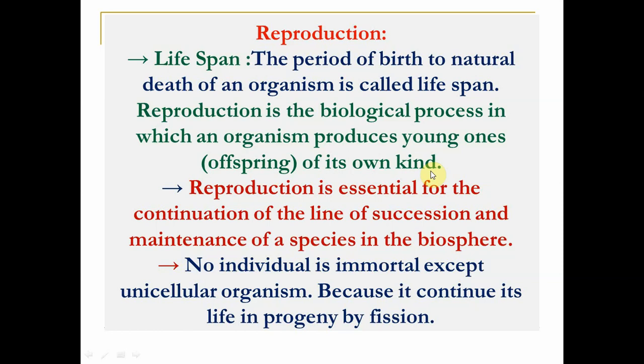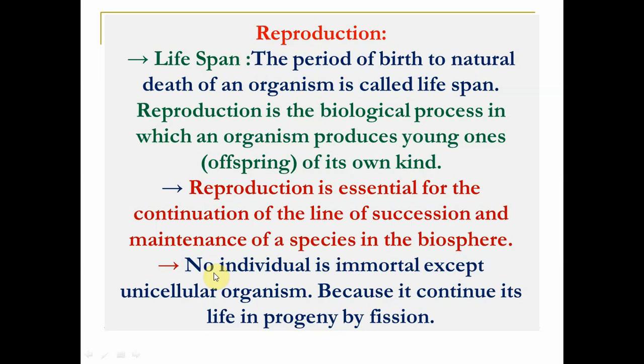But here in lifespan, every organism should get death. But one more point is there: no individual is immortal except a unicellular organism, because it continues its life in progeny by fission. Now here, immortal means those individuals who don't have any death in their life, means they will not die. It takes place in case of only unicellular organisms. If we take an example of amoeba,